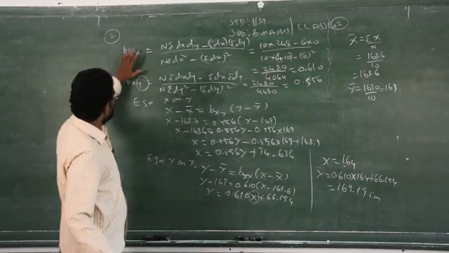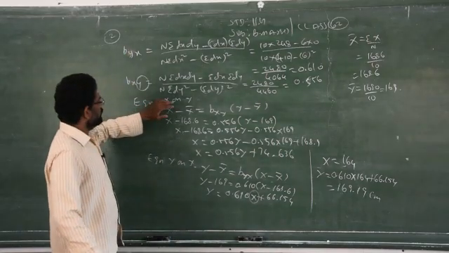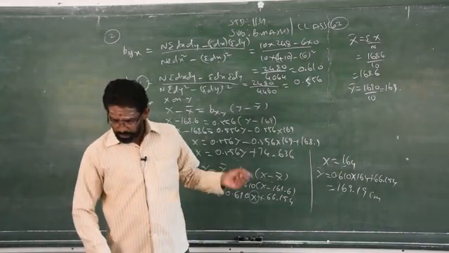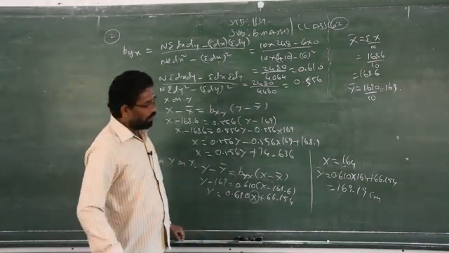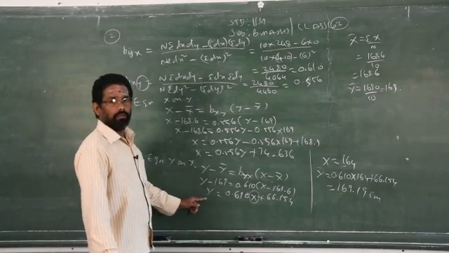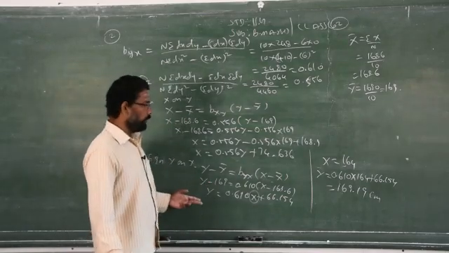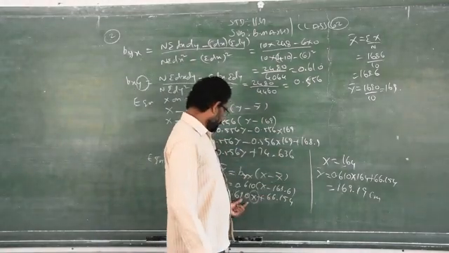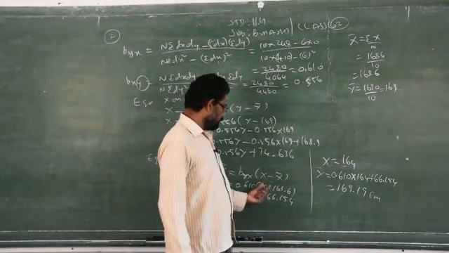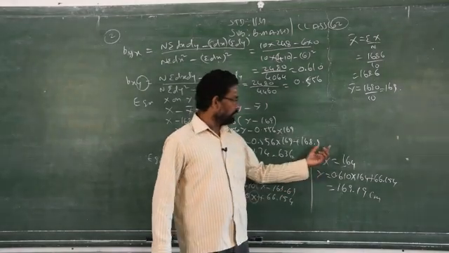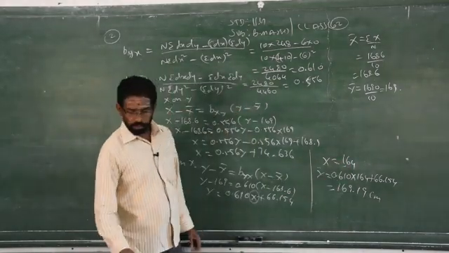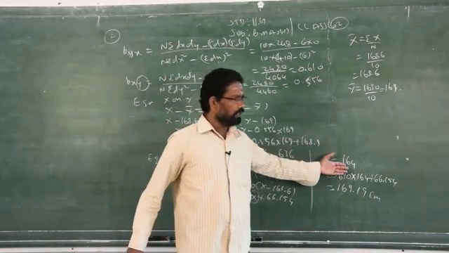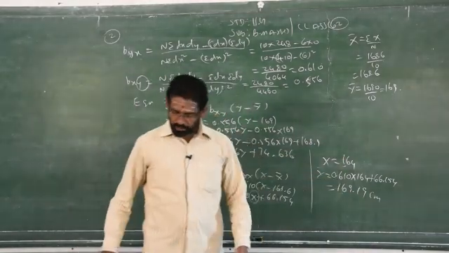So first you have to find two equations, x on y and y on x. Then there is one more subdivision. They have asked to find out the height of the son. Height of the son we consider as y. Therefore, you have to take only the y equation. Don't take the x equation. You take y is equal to 0.610x plus 66.154. In that you have to replace x by the given value, that is 164. It is given already in the question. So just replace and you will get the son's height.